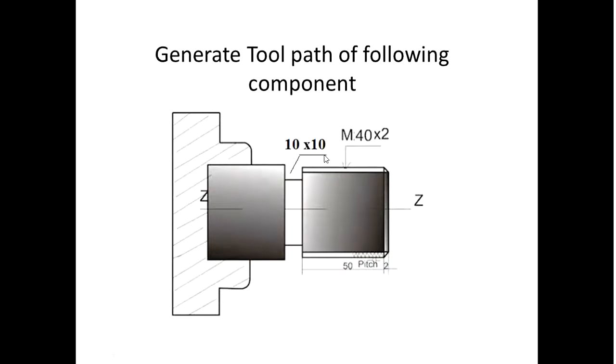First of all, we are going to create the geometry in the Mastercam software, then provide all necessary inputs to the software so it can generate the toolpath as well as the G codes and M codes and provide them to you. These G codes and M codes can be used on CNC machines to manufacture this type of component. So let's open the Mastercam software.